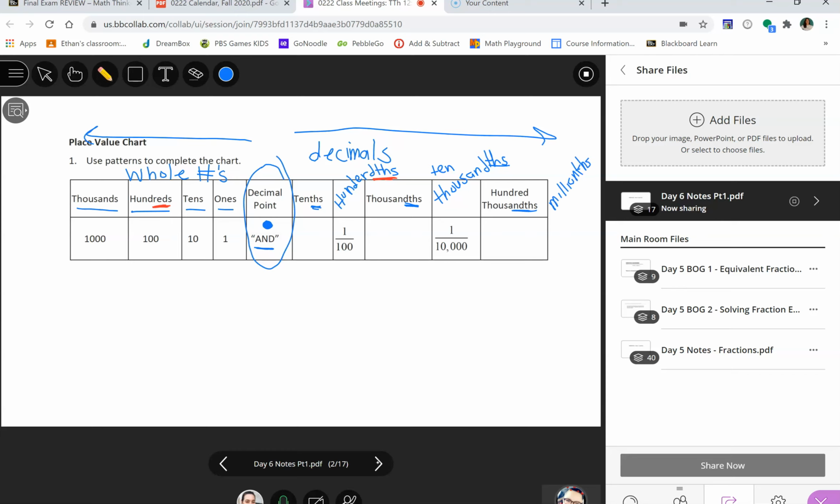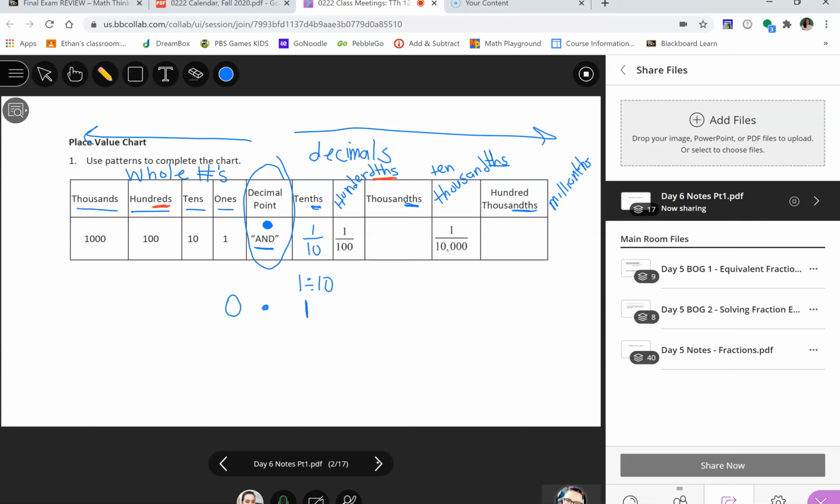So we're going to practice reading some numbers here. Oh, and then the fractional values are missing there. We don't really need to know that, but a tenth would be 1/10. And the reason why we're doing this is to emphasize that fractions and decimals are related. You can take a fraction and write it as a decimal number. Not all decimal numbers can be written as fractions, but all fractions can be written as decimal numbers. So if you do 1 divided by 10 in your calculator, you're going to get the number